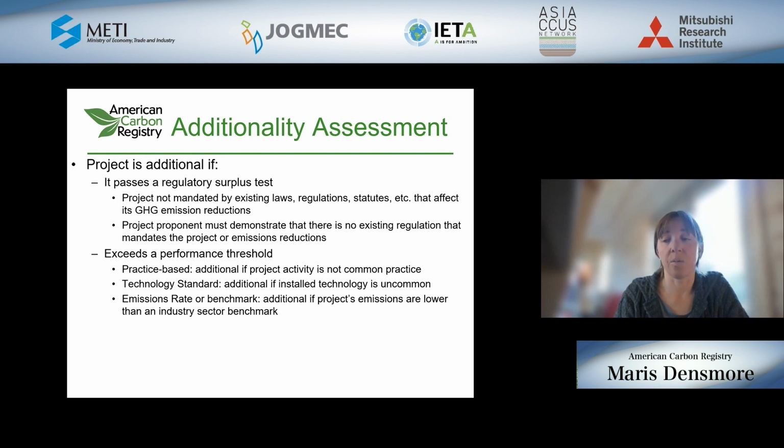And also, we're looking at a performance threshold. And so that is basically looking at market penetration. So if you have multiple types of a CO2 source in an area and 50% of them are all doing CCS, we would need to take a look at that, because then it would become sort of standard industry practice, business as usual. We're really, really far from that being a concern here in the CCS industry, but it is something that